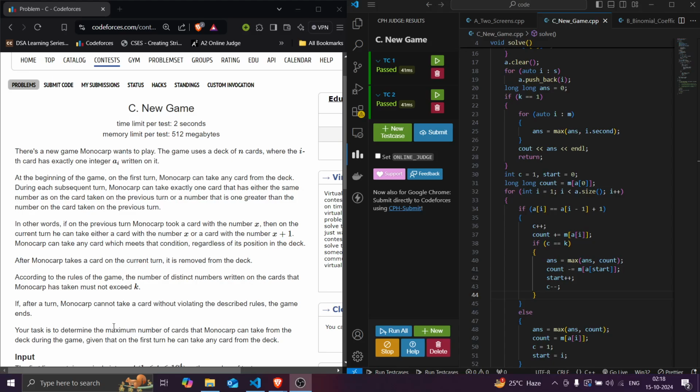So in this problem, there is a new game that Monocarp is playing. In this, he is using a deck of n cards where the ith card has exactly one integer a_i written on it. Initially, in the first turn, Monocarp can take any card from the deck, and during subsequent rounds he can pick exactly one other card which has the same number on it, or the number just one greater than the number